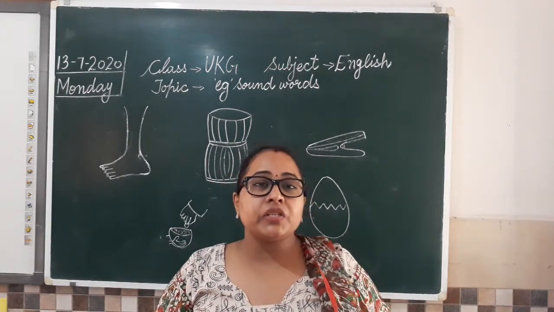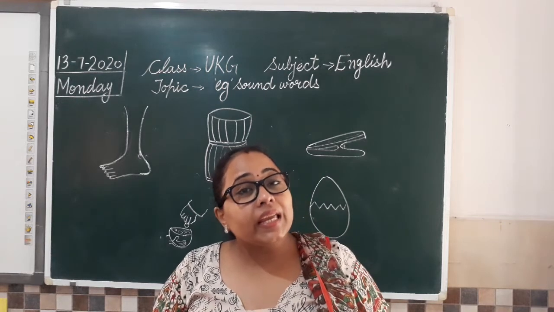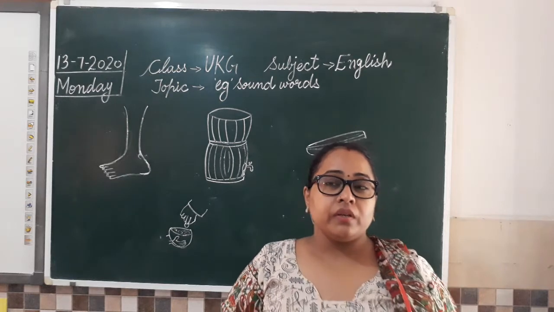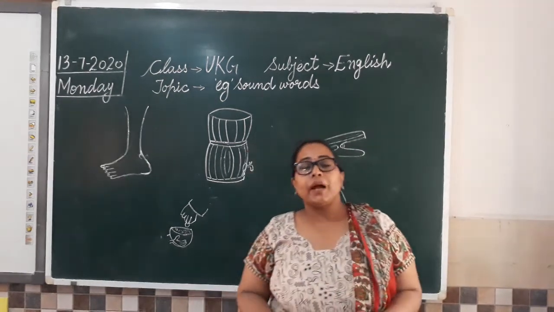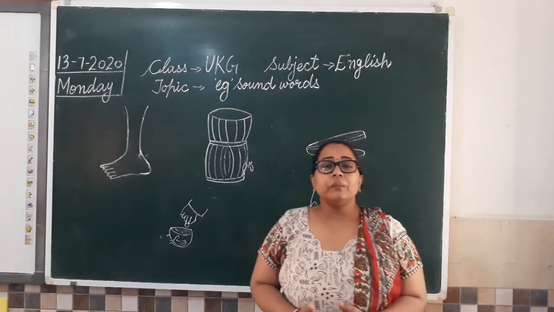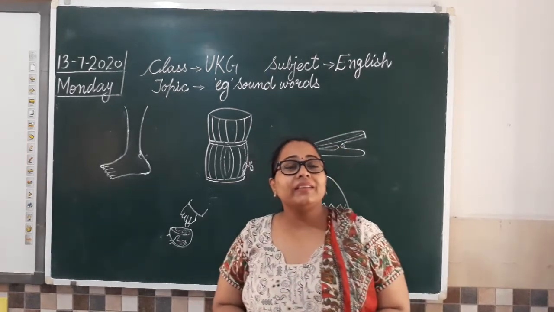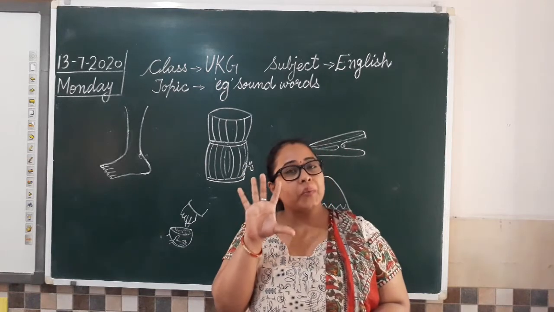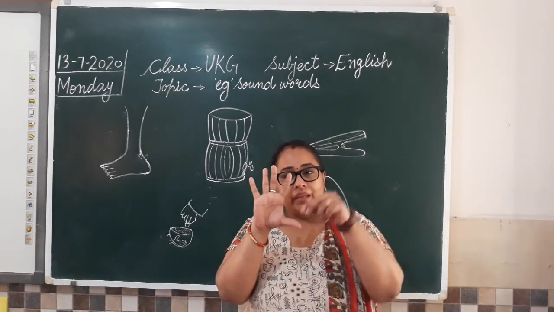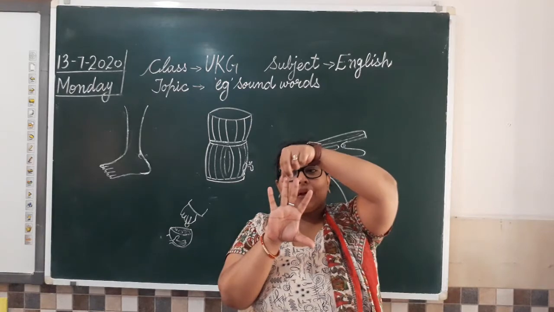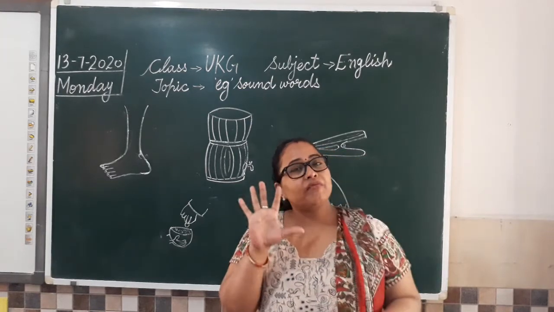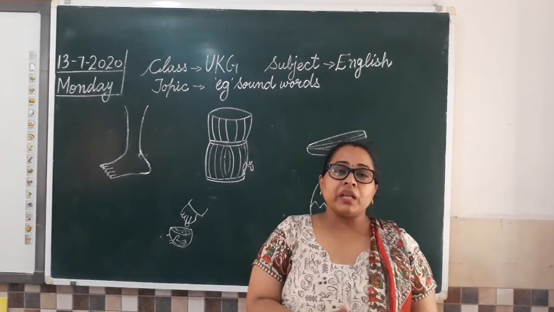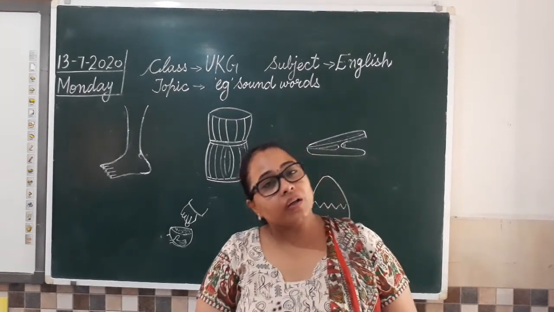So in English we are doing E sound words. Which sound word are we doing? E sound words. So I am going to take a very quick recap. Who will tell me how many vowels there are? There are 5 vowels. Yes, you all remember them? A, E, I, O, U. These are the 5 vowels in the alphabet series, and the other 21 alphabets are consonants.